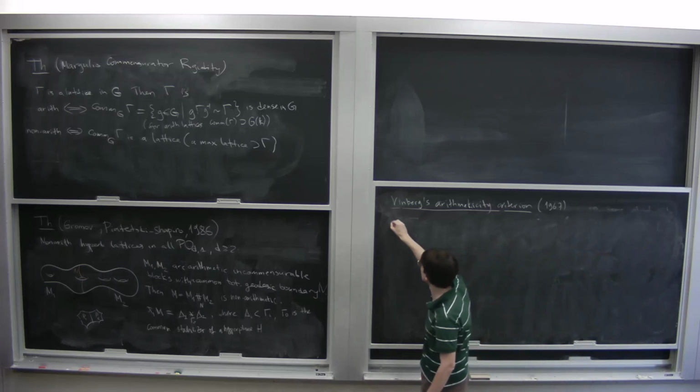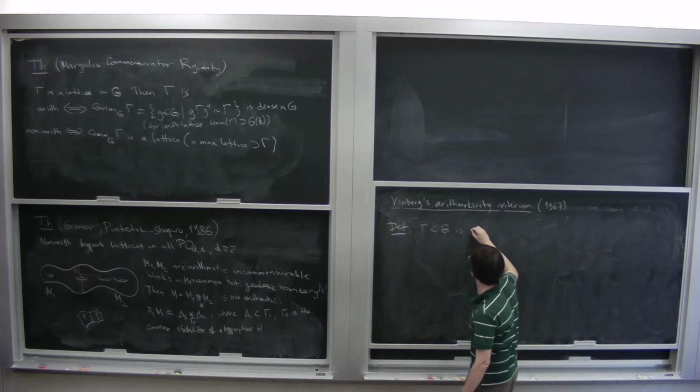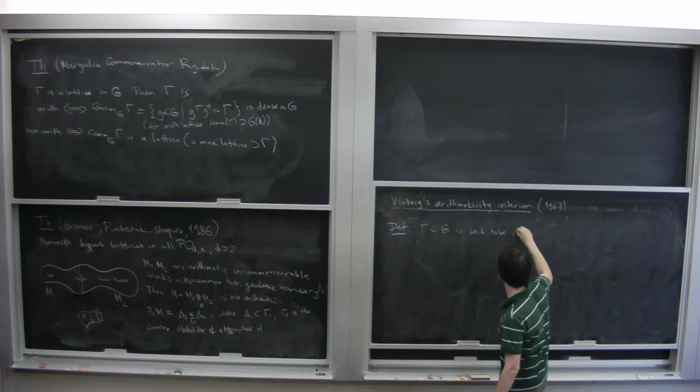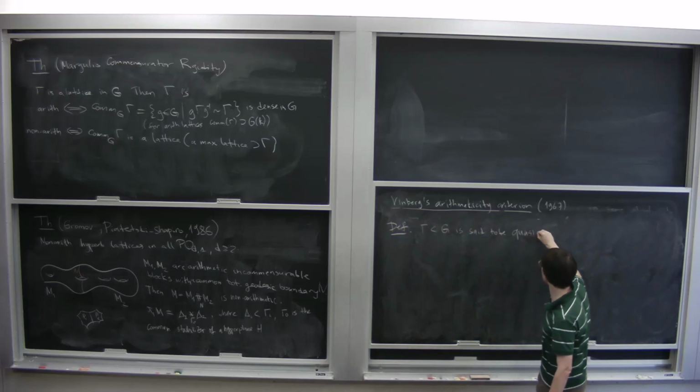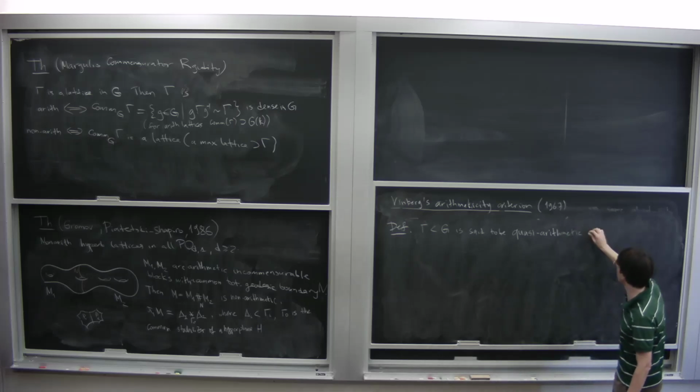So by definition, gamma in G is said to be quasi-arithmetic